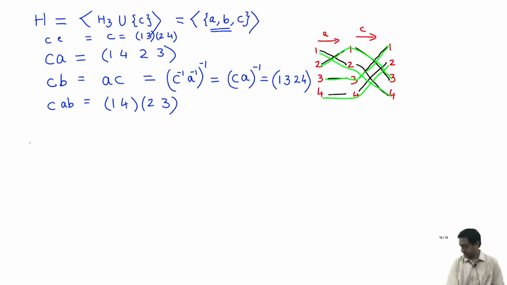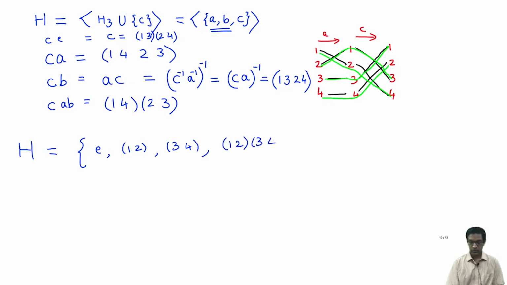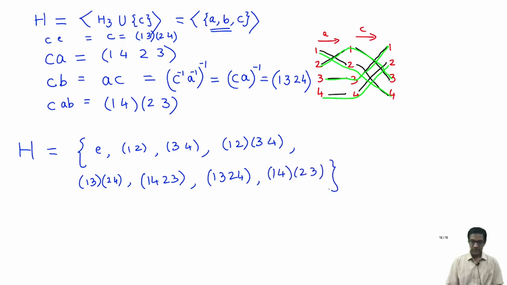So what's my subgroup H in this case? H turns out to be the elements I've manufactured in this manner. There's the identity, there's (1 2), there's (3 4), (1 2 3 4). Now there are the 4 new elements, (1 3 2 4). So I have manufactured these 8 elements, and like I said, you have to check, exercise, well, 2 exercises. In fact, check that H is a subgroup.